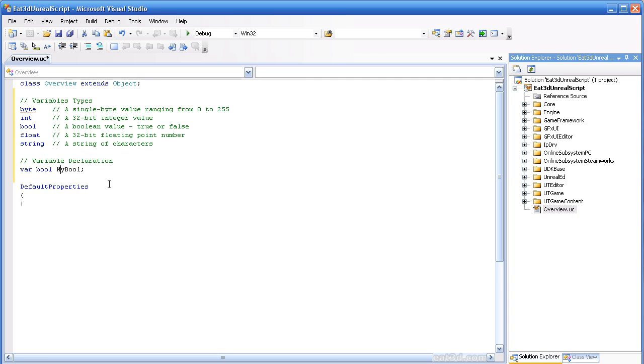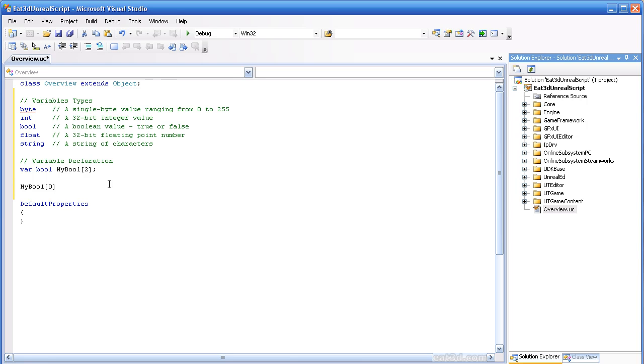So I guess one way to show it is if I put the brackets here, and we'll just say 2, just to be simple. So what I've defined here is instead of just defining a bool called my bool, I've defined an array of bools. And my bool is still the name of that, but now I have 2 different components or items in the array. So you can get to that when you're working with your bool, you can say my bool sub 0. And what that's saying is it's 0 based